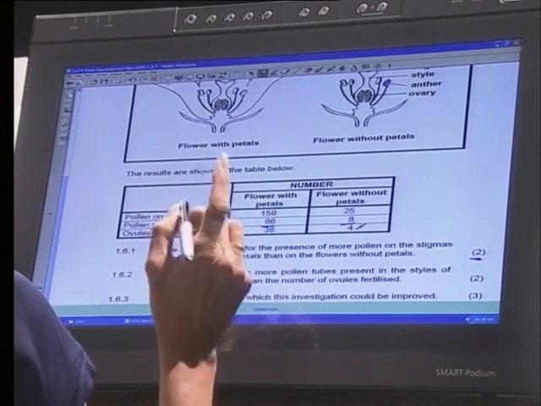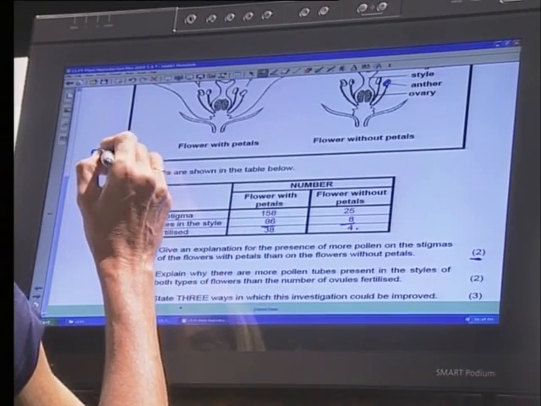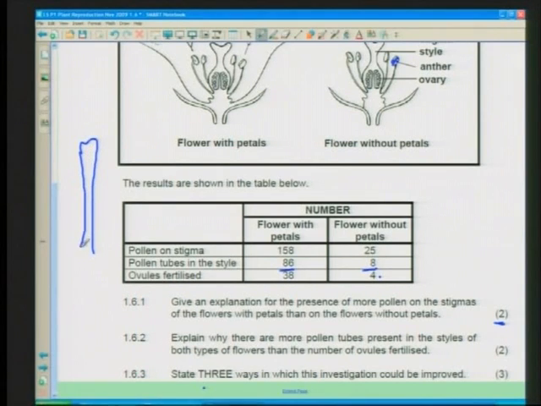It's also, remember that with this whole process, you've got your stigma, your style, and then your ovary, okay? Your pollen tube is going to grow down. Now, first of all, yes, it's got to grow down. Now, if you've got a whole bunch of pollen tubes growing here, some of them are not going to make it into that micropyle because in the middle here,